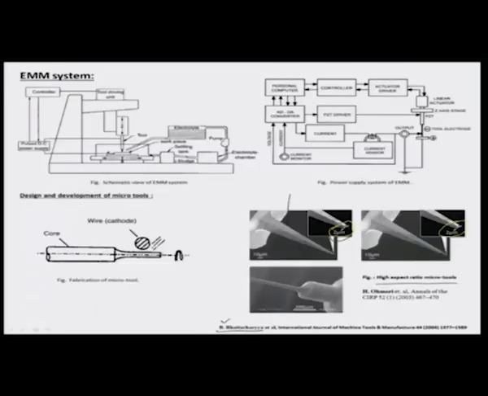The other example that I borrowed from the same group again in 2004, they have reported a formulation of a high aspect ratio micro tool, as you can see in this particular case here. The tip size of 2 microns, as shown in this SEM, has very nicely been illustrated, which otherwise is not very doable in terms of manufacturing unless you talk about something